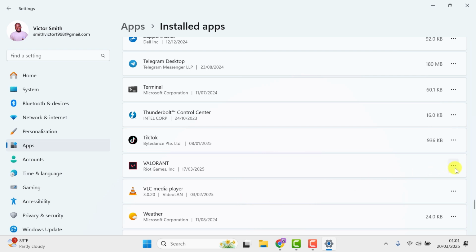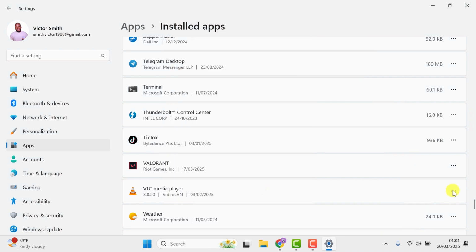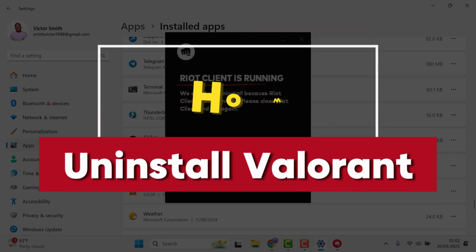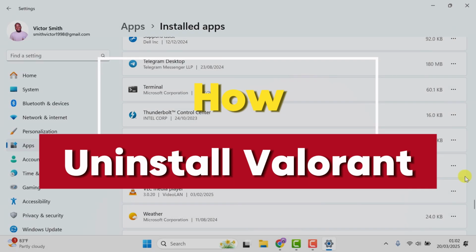When you try to uninstall the Valorant game on your PC, you often get error messages or nothing happens. So, I get this error when I click on the uninstall button to uninstall the Valorant game. Maybe in your case, nothing happens. That is because uninstalling the Valorant game from your PC is not the most straightforward process. In this video, I'll show you the step-by-step process on how to uninstall Valorant on your PC the right way